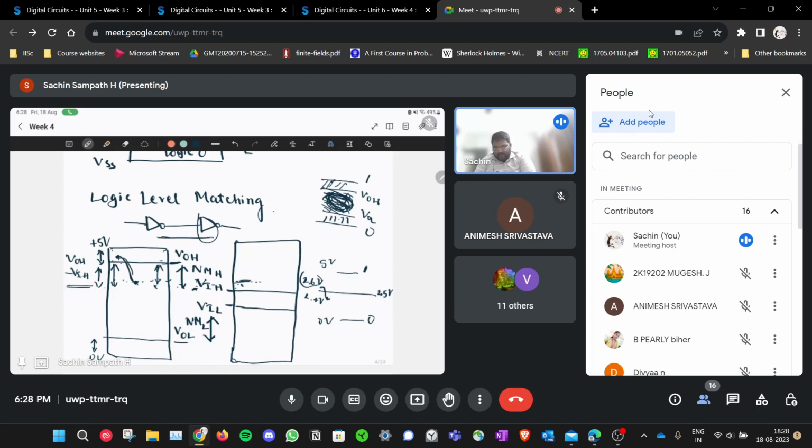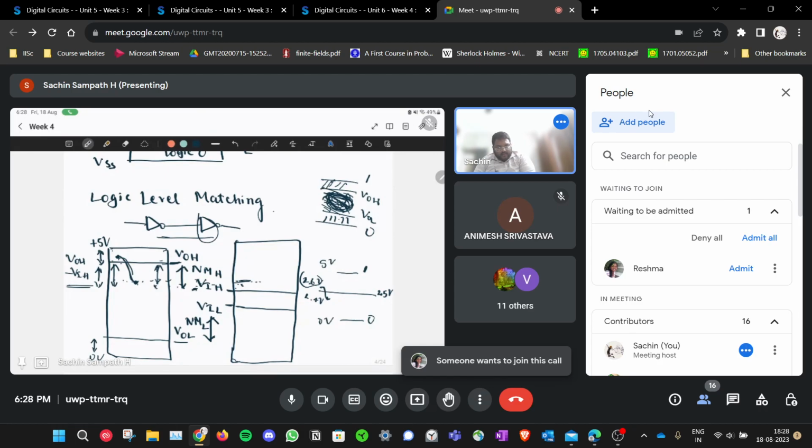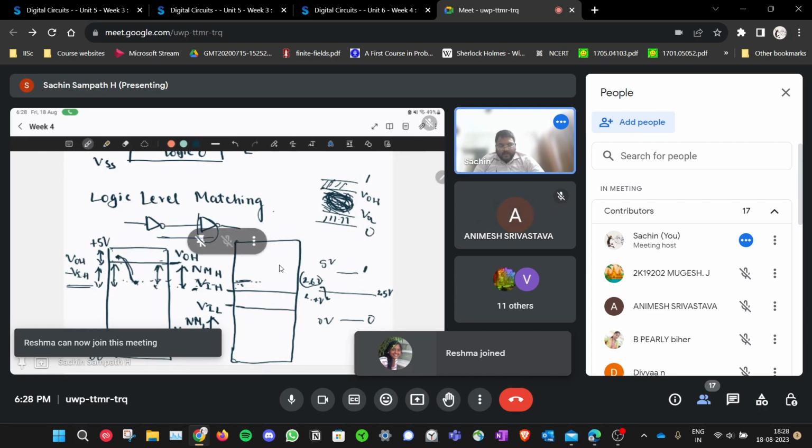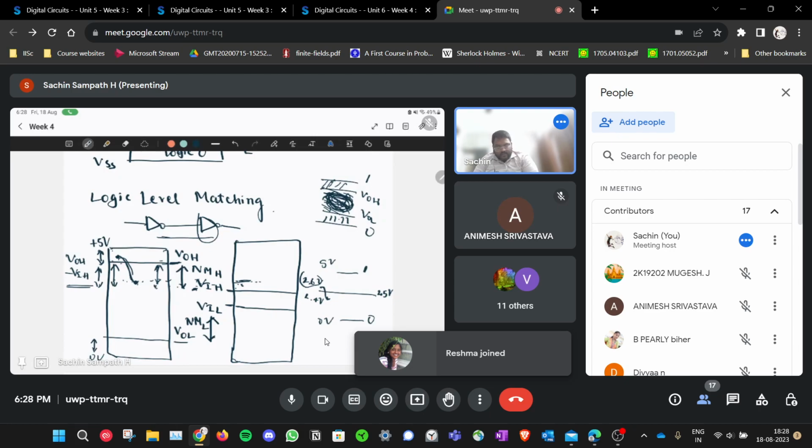So how much noise can you allow? What margin of noise can you allow in the output of one circuit such that the following circuit will still consider the input to be the same as the output that you actually wanted to send? And this is how I understand noise margin. The definition that you gave, I don't know. It might be correct, but